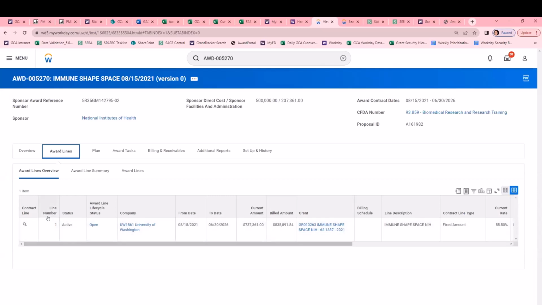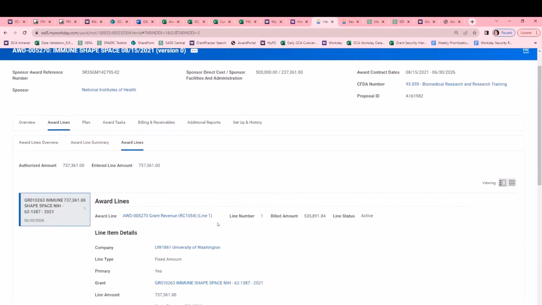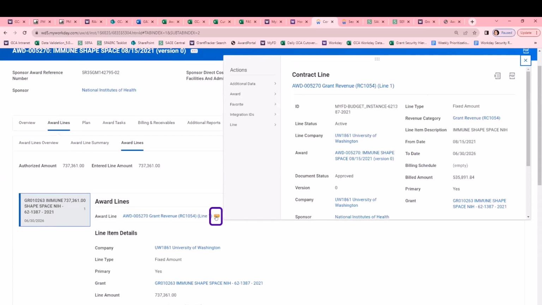Another key point that I wanted to show is when you are in the award lines tab and you come to this third section here, it brings you to a different view. One of the really important components of NIH SNAP awards is that they have automatic carry forward, as well as the SNAP designation and expanded authority. Within each of our award lines, we have award line special conditions. You can look at what your special conditions are for one of your award lines or multiple award lines by